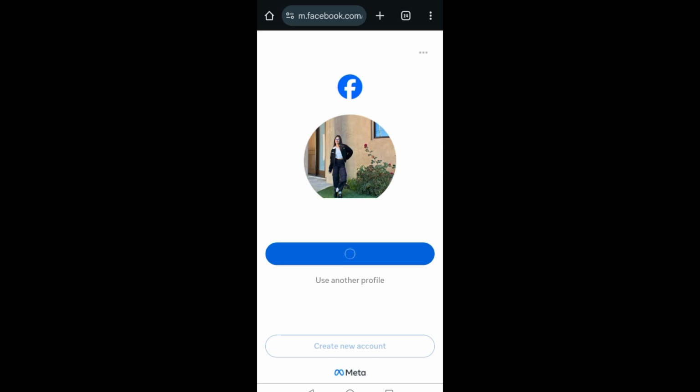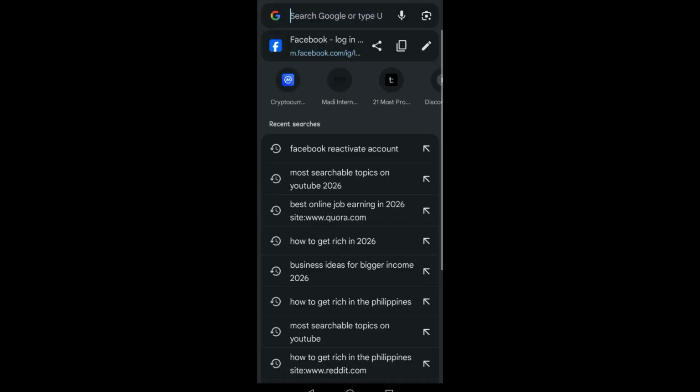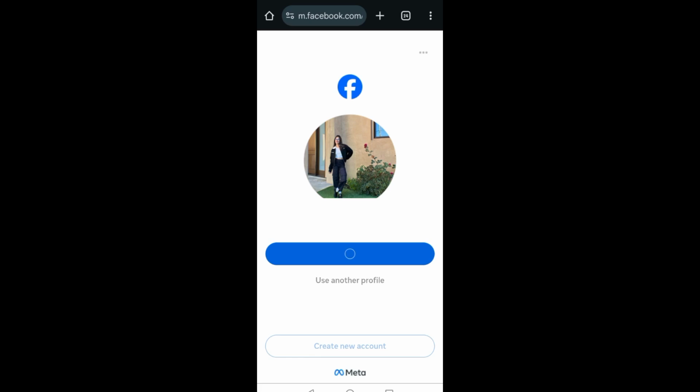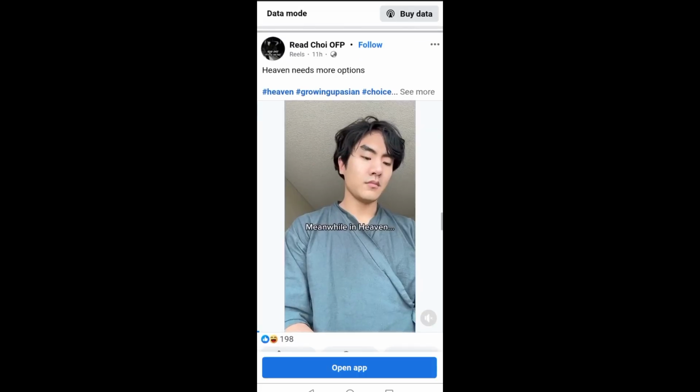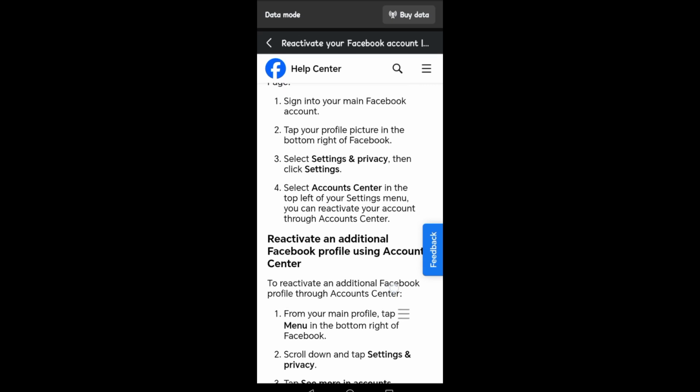So again, it's instant. Unless you requested a deletion, or your account is disabled or suspended by Facebook, in which case you need to submit an appeal. So that's how easy it is to